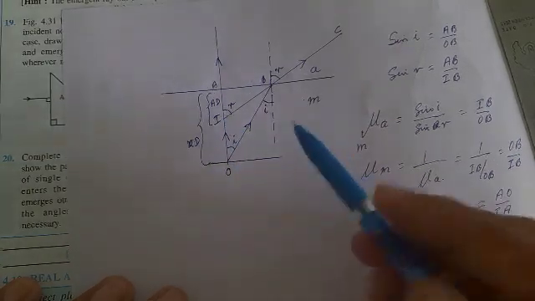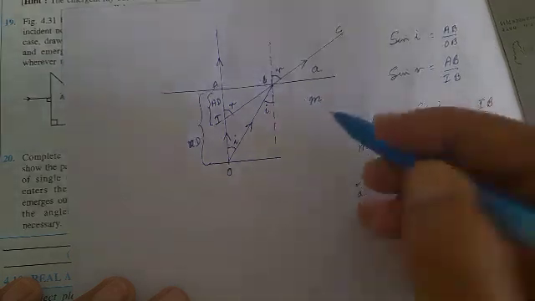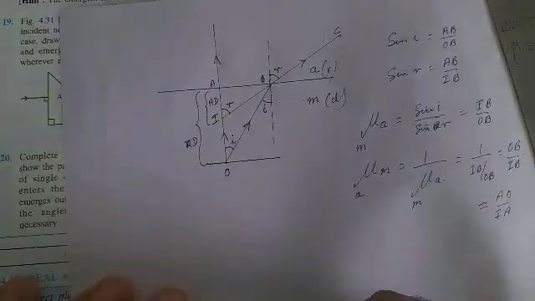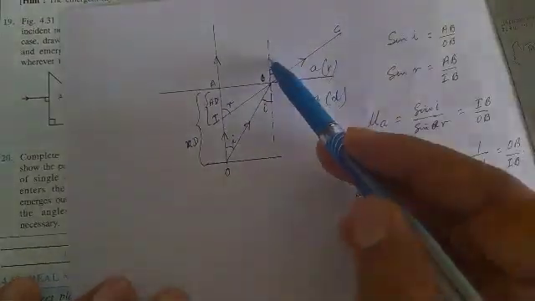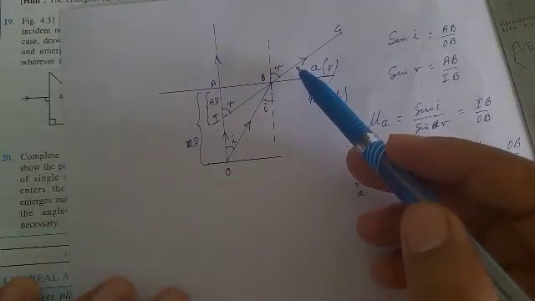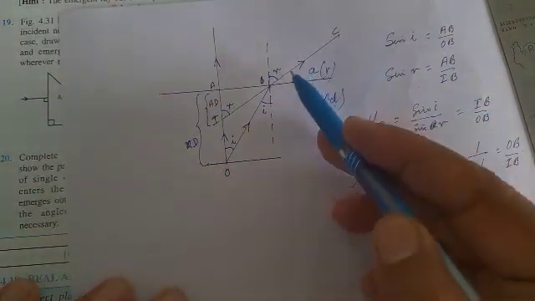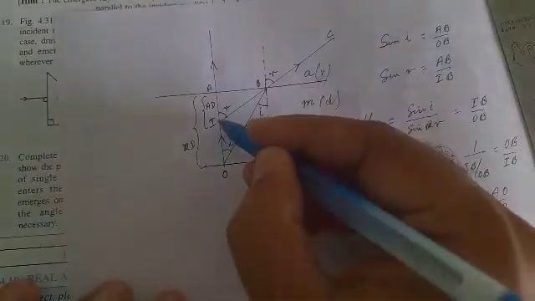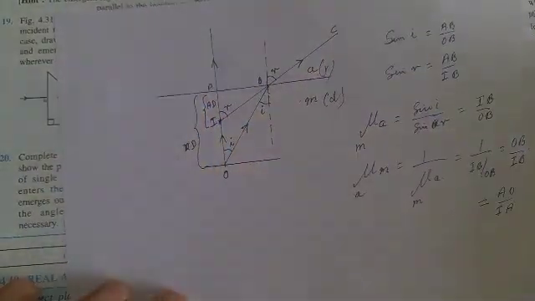Got it? From denser medium, this is denser, to rarer medium, the ray of light bends away from the normal. But the eyes cannot take the bending of the light, so the eye sees it in a straight line over here. So this is my real depth, RD, and this is the